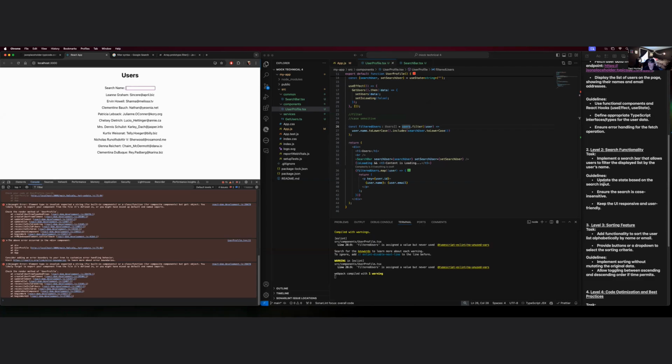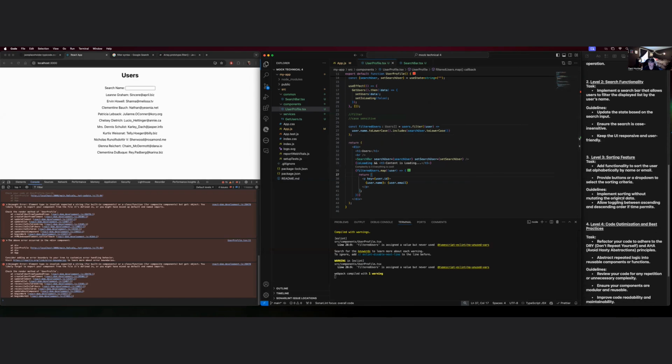Implement a search bar, update the state based on the search input, ensure this is case insensitive, keep the UI responsive and user friendly. Okay, so let's move on to level 3, sorting feature. Add functionality to sort the user list alphabetically by name or by email. Okay,